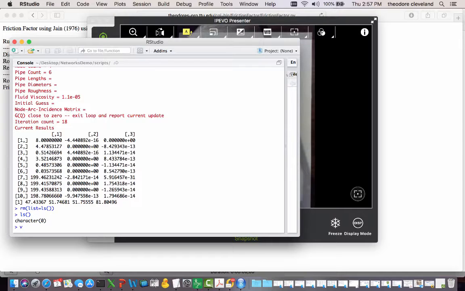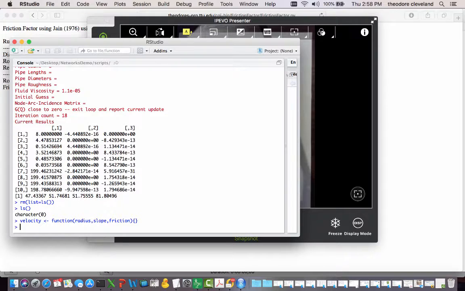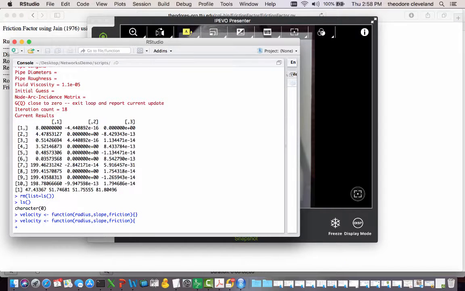I need velocity as a function of hydraulic radius, slope, friction factor. And we have velocity equals